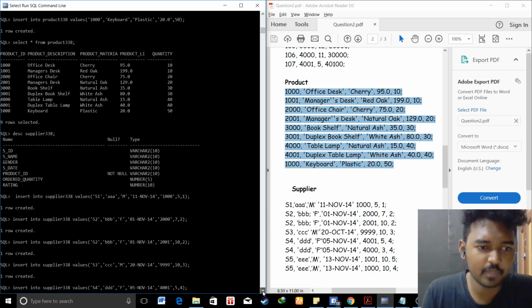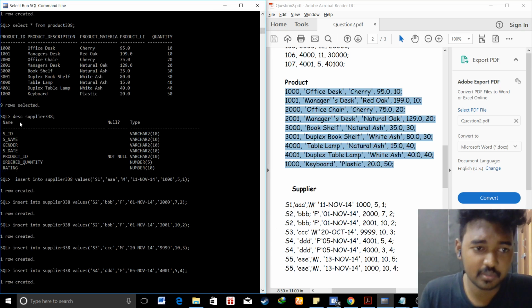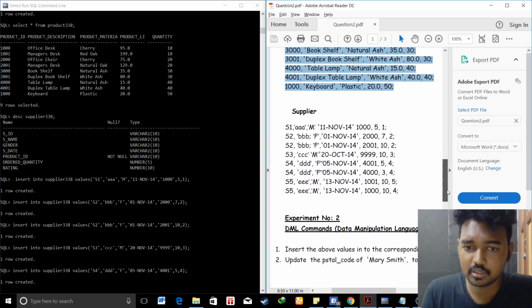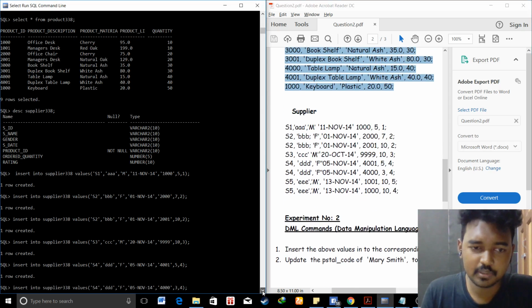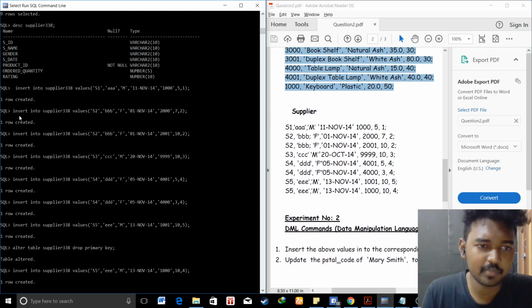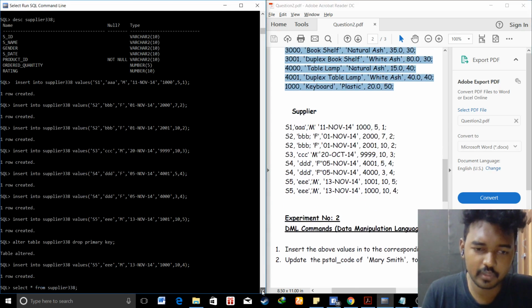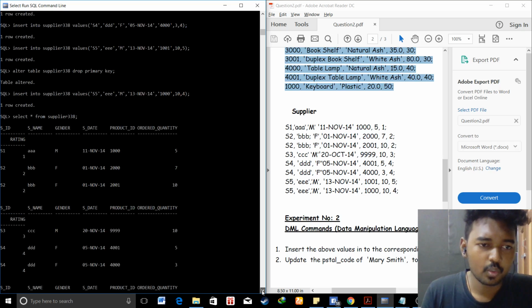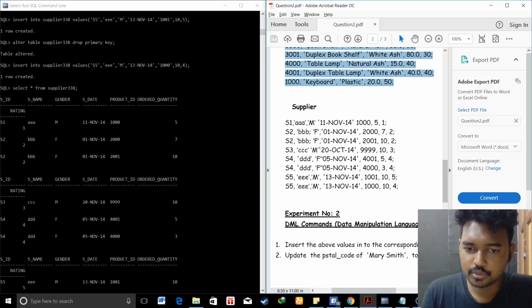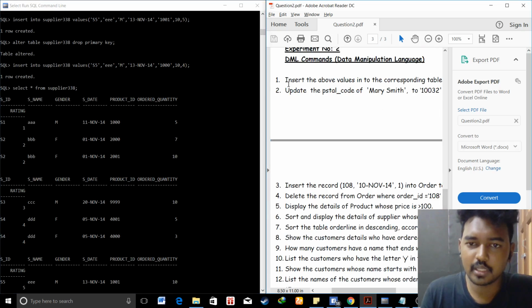And similarly, now moving to the last table, that is suppliers, all the details have been inserted over here for the suppliers as follows. Now according to the question, insert the values for the corresponding tables, which I have inserted. Now the second question asks, such as update the postal code of